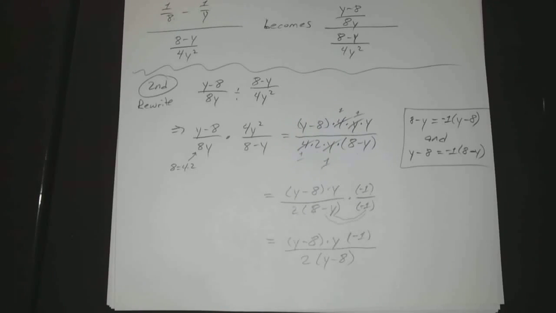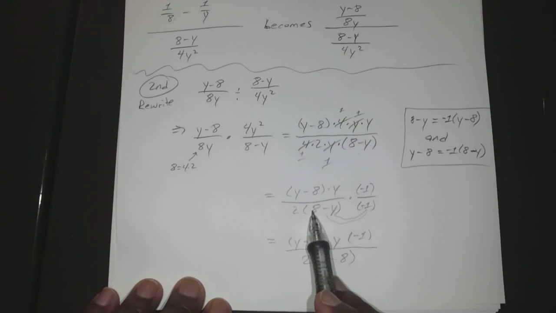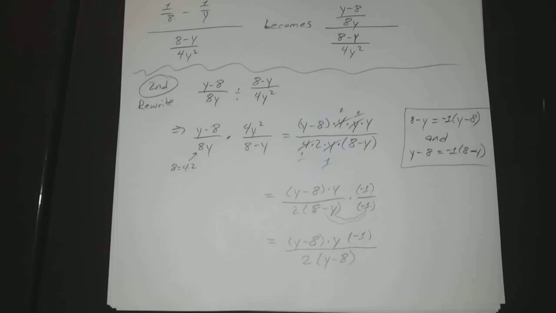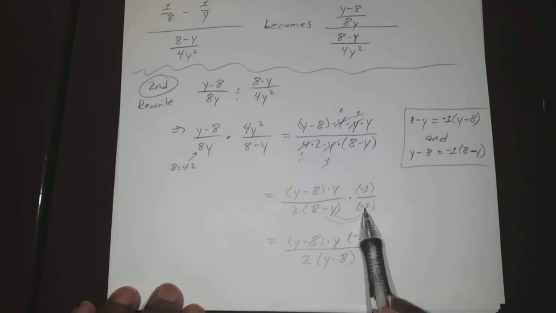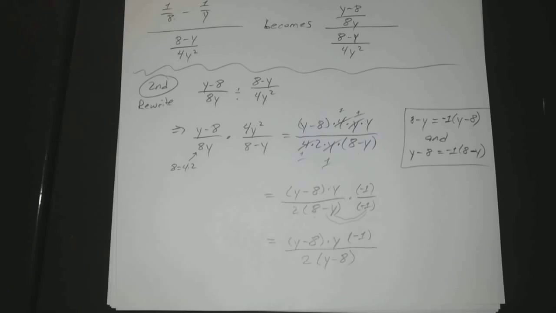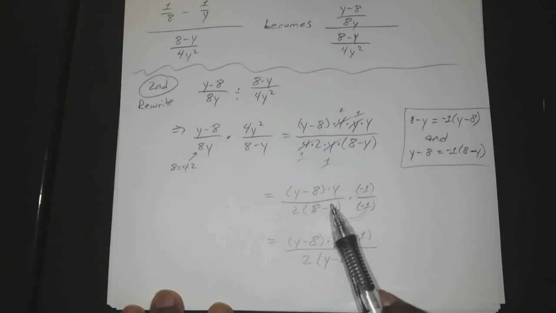Yes? Why don't you have to distribute the negative 1 to the 2? Oh, you can. Then you'll just have negative 2 and 8 minus y, and you won't be able to cancel it out. At least this way, if you distribute the negative 1 to this one, they're both just one term. So it's like negative 1 times 2 times 8 minus y. You could distribute it to the 2 and make it a negative 2, but it wouldn't change the 8 minus y, so you can cancel. Does that make sense? Yeah. Okay. Wait, so you're not distributing the negative 1 to the whole expression, just y minus 8? Yep, just the, you can either do the y minus